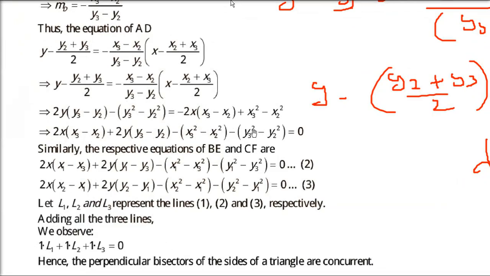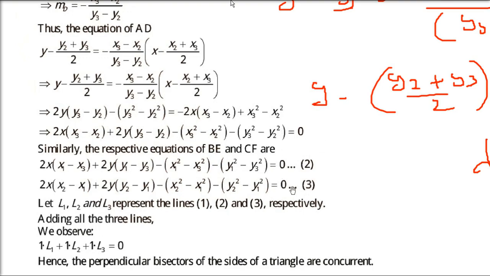If you see here, I'll give an example. You will understand from here that these are actually concurrent. I'm taking the last term. Here you have minus y3 whole square and you have plus y3 whole square in the second equation also, so they cancel. y1 will cancel. y2: in the first it is positive, in the third it is negative. Take one more term, say 2y by 3. At one point it is plus, at another point it is negative. We are going to add them.